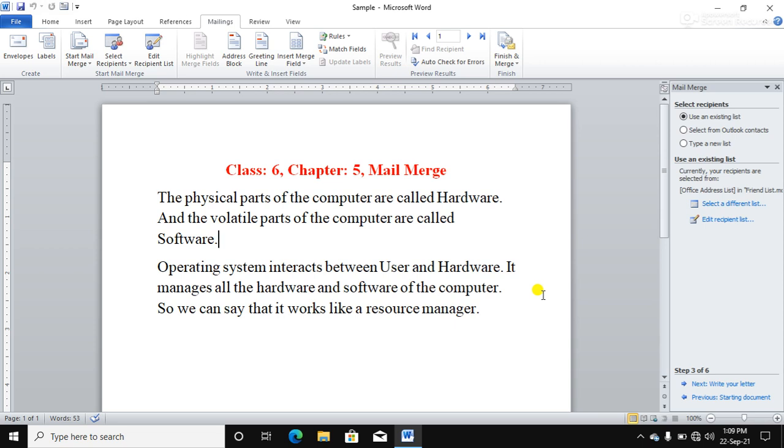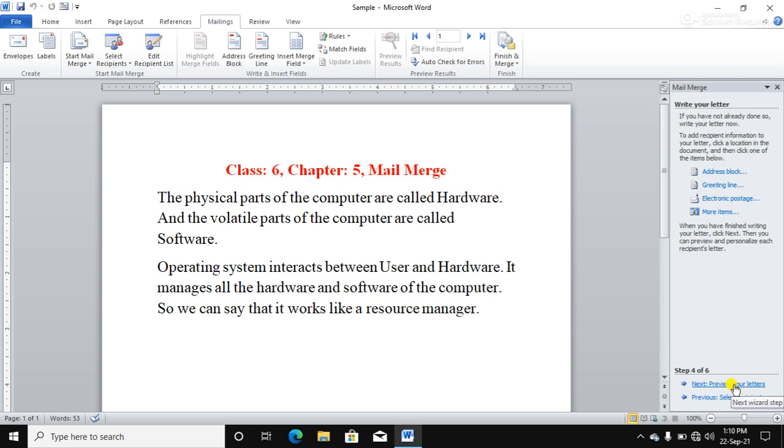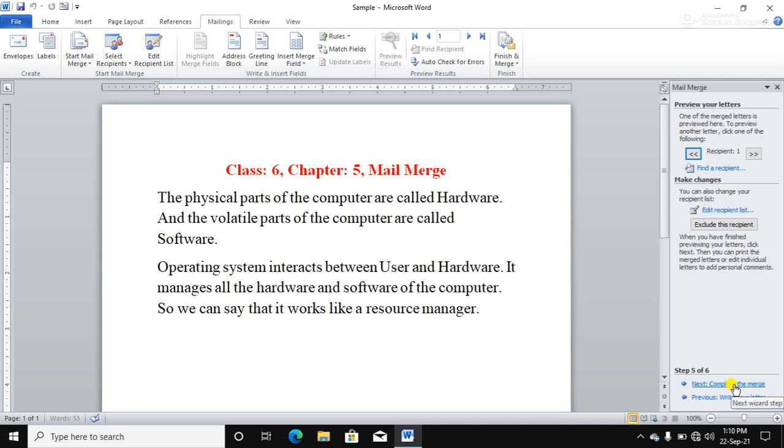So you can get your record in the main document either from the Mail Merge task pane or the Mailings tab, right, and Insert Field. Okay. So here you can click Write your letter. Click here. Now click on Review your letters. Okay.